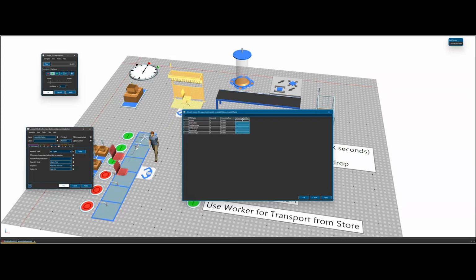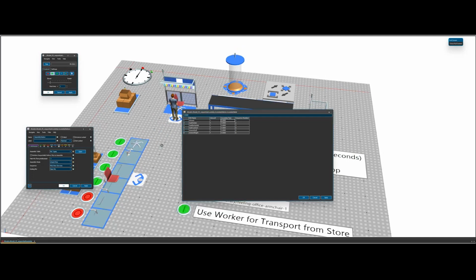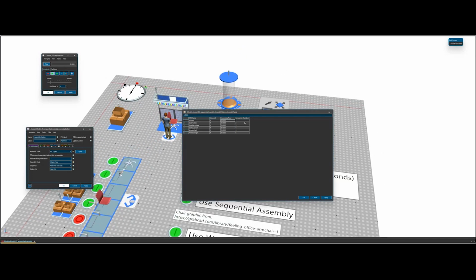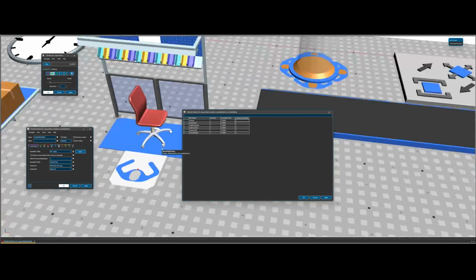In this case, I used different sequence numbers and then one time for each row, which means the worker must bring the parts in this sequence. So sequence number 1, the wheels of my little chair here, they have to be brought first, and then some parts of the seat, and then lastly the armrests.